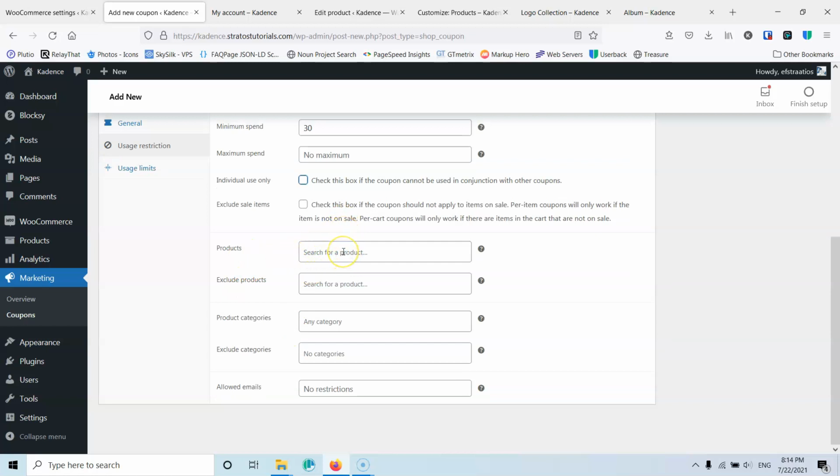This is the include products. This is for sale, so the products that are on sale cannot be applied for the coupon. So which products you want to apply, everything or specific products. To exclude products, this is for specific products that you don't want this coupon to be applied to, or categories, or exclude categories, or allowed emails if you want to restrict some users and they will not be able to